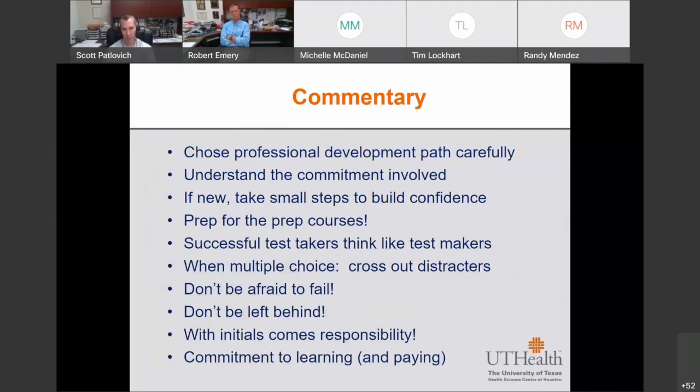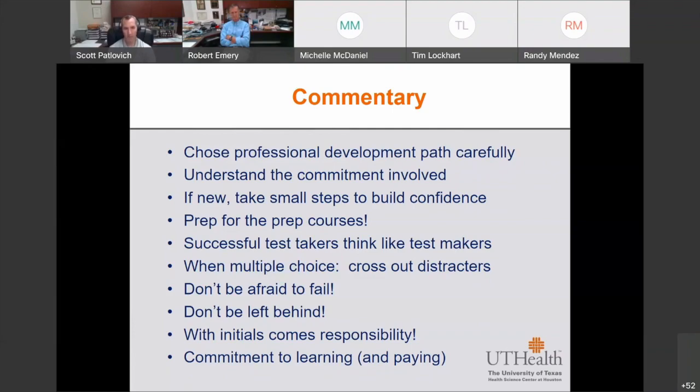A couple of comments for those of you who are thinking about professional certification who have not done this before. Certainly you want to think about and choose your professional development path carefully. Yes, it's okay to go down a certain pathway and change course over the course of time. It is not the kiss of death to pick something and then decide later on that this isn't quite for you. But over the course of time, that's why certain work experience minimums are required for these different certifications. You're going to want to really understand that, hey, I'm committing myself to this profession to become an expert, to become a reliable resource for the field. And so choose your pathway carefully in that regard.